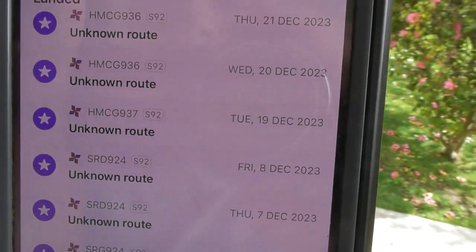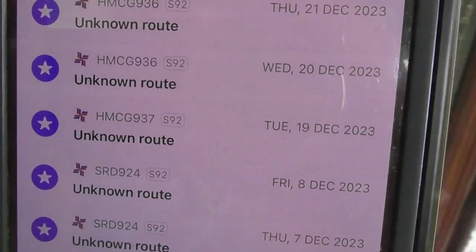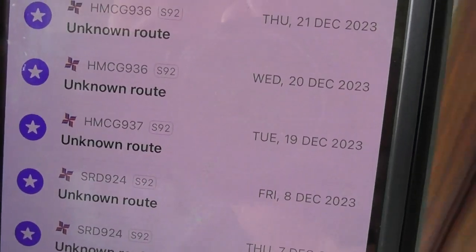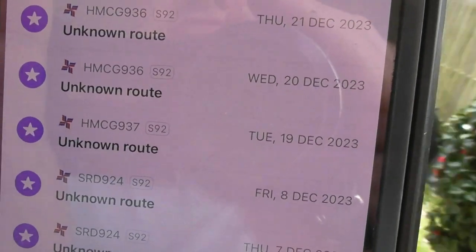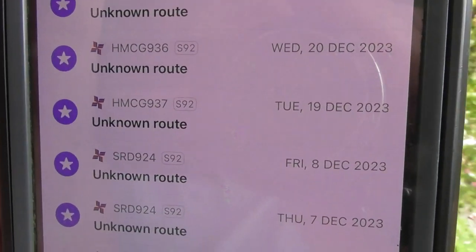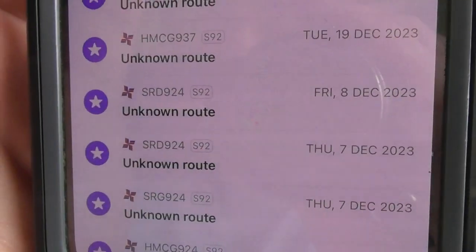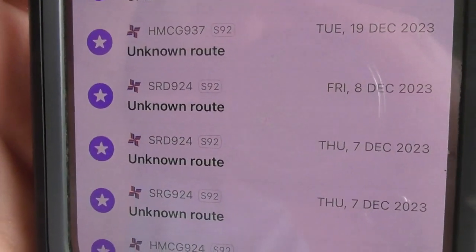So yeah, as you can see, it's got a call sign there, which is HMCG937, which that one is based down in Wales anyway. I think that call sign is basically similar to what we have in Cornwall. In Cornwall we used to have an HMCG call sign, but now in Cornwall we have CRD